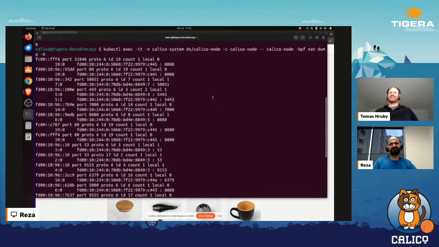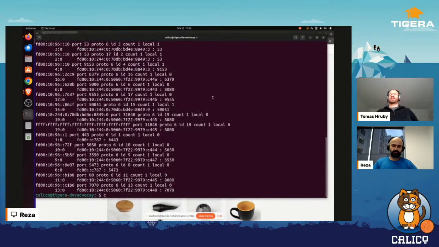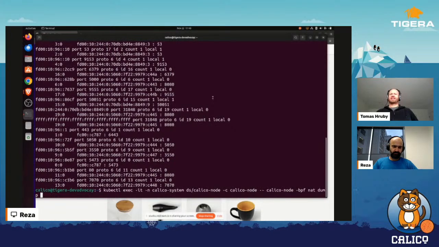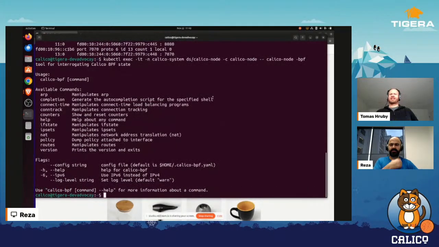So that's fine. Yeah, so this pretty much gives you an overview of the implementation of services, and that's what you would get from iptables and kube-proxy. So Reza, if you can get back to the list of the commands. Yep, I can certainly do that. Yeah. The next